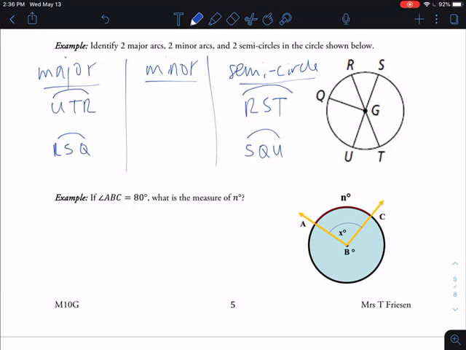These people usually find a little bit easier because they're just small ones, so anything that's less than half a circle, and that's usually easy to identify, right? So it's very clear that this here is less than half a circle. I'll use the highlighter so it's easier to see. Like this, right? That's less than half a circle, so there we go. There's already one. And remember that we just need to use 2 letters to name a minor arc, so SR